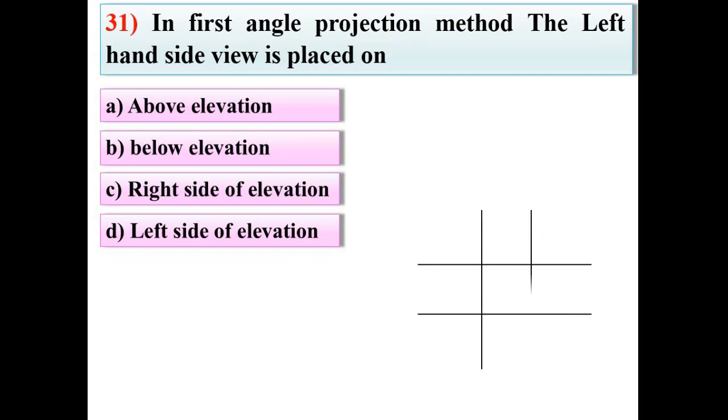First draw the reference line. So all these are the reference line. Give the name. Now start always with the front view, and that must be at the center. Now if I want to draw the top view, then observer must be at the top. And in case of first angle projection method, always your view is opposite to that observer.